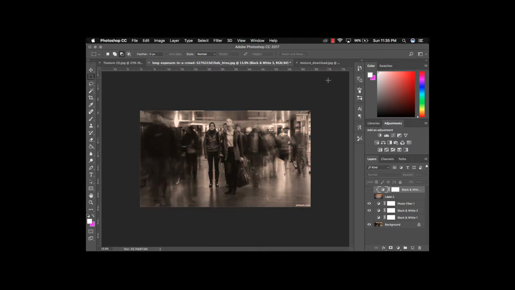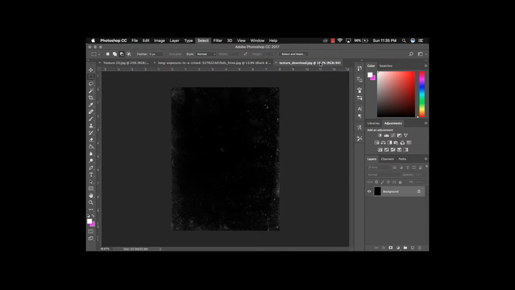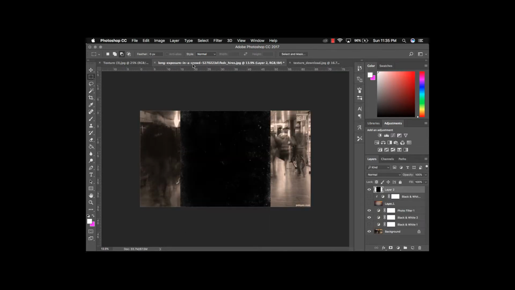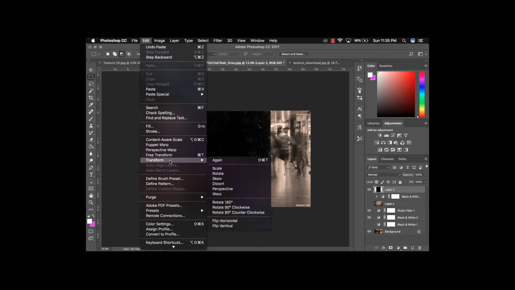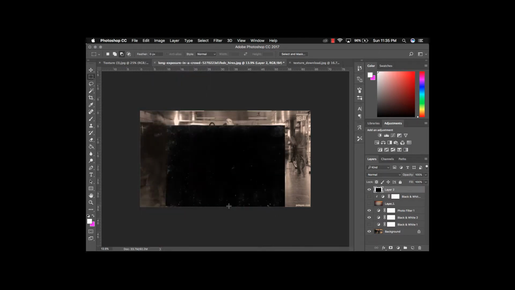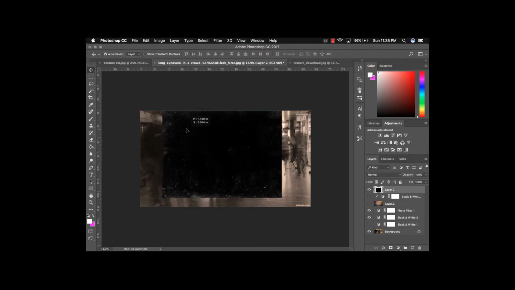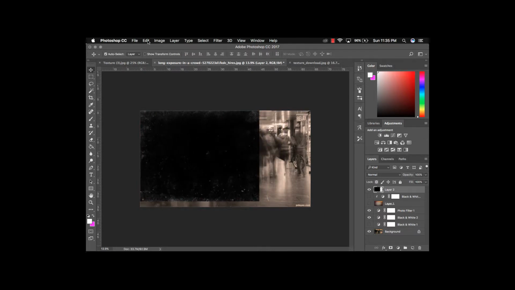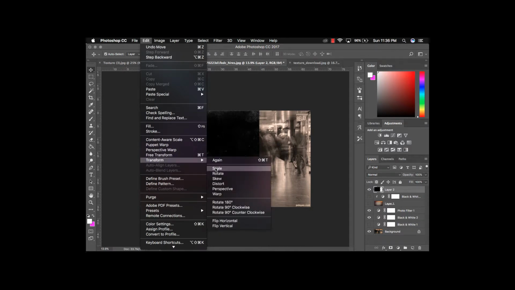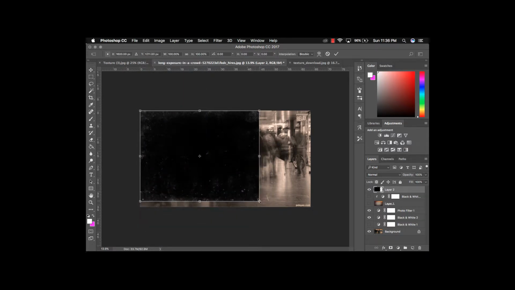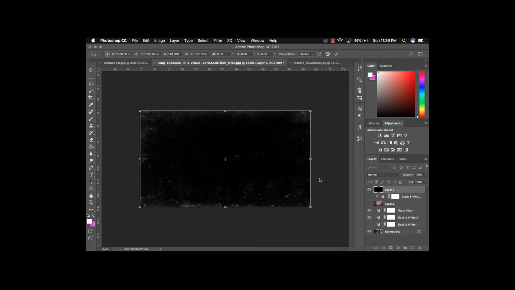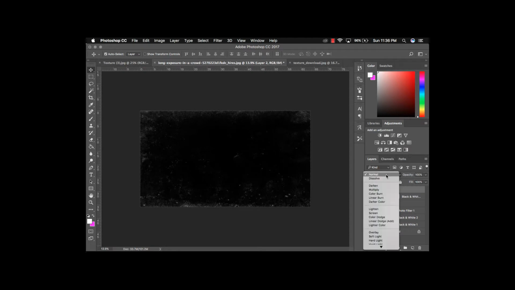Let me try this one. So then there's also, I have this one. Obviously this is a vertical image, but I'm going to hit Command A and Command C, and then Command V, and then I'll go to Edit Transform, and I'll rotate it 90 degrees, and click on my Move tool, and now I can edit Transform Scale, or just hit Command T and drag this out to fill the frame there. Accept the changes,